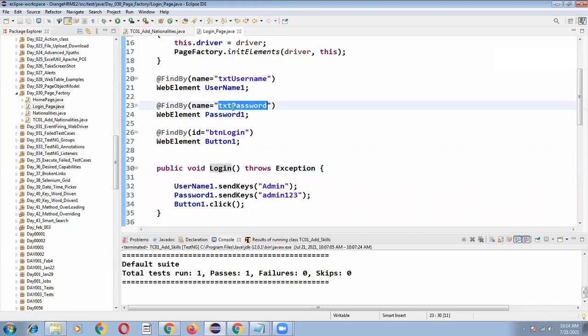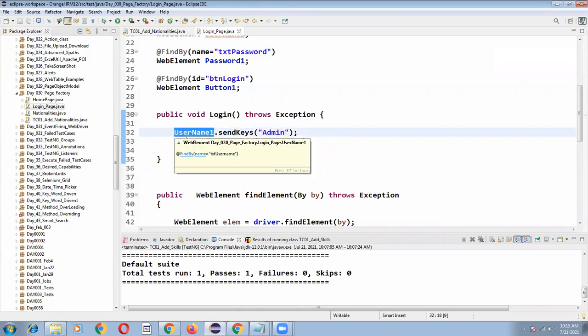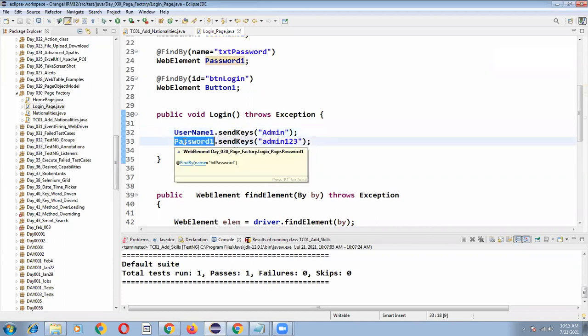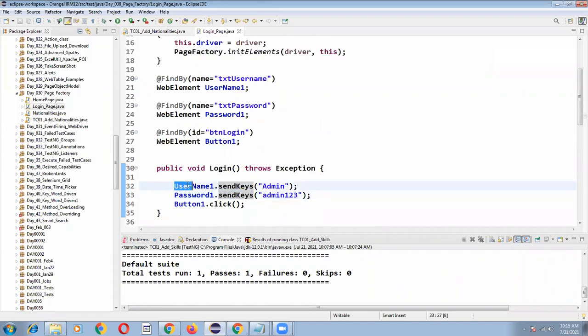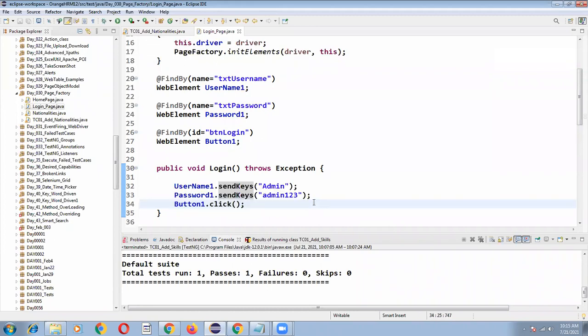And here itself, if you give some invalid locator, it will throw a NoSuchElementException. Previously, while executing every set of driver instructions, the driver was validating whether the web element is available or not. After that it performed sendKeys. The driver looks for the web element, and after that it performs the action. So while executing every driver instruction, it checks every time at runtime.